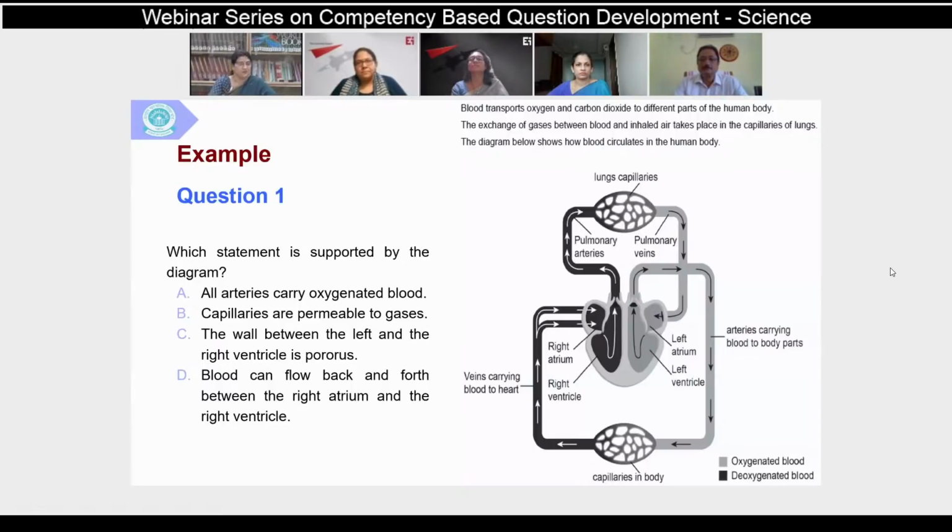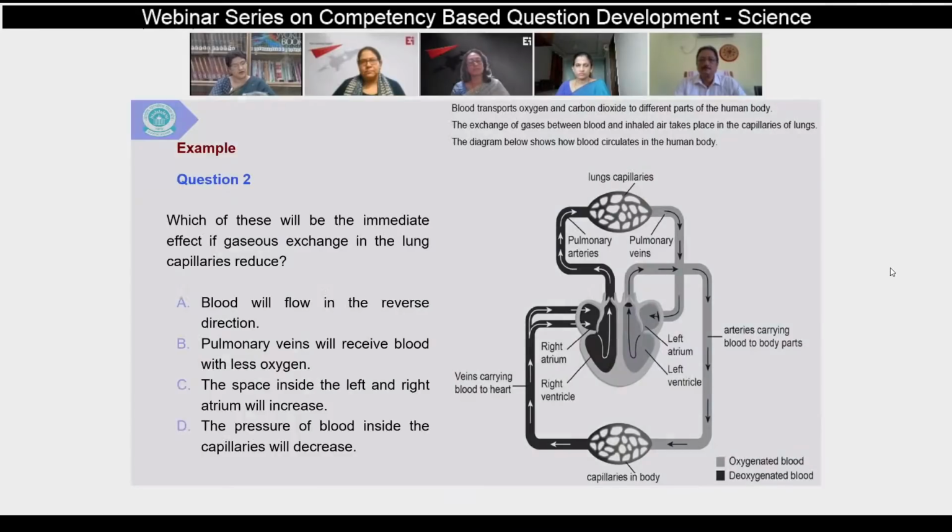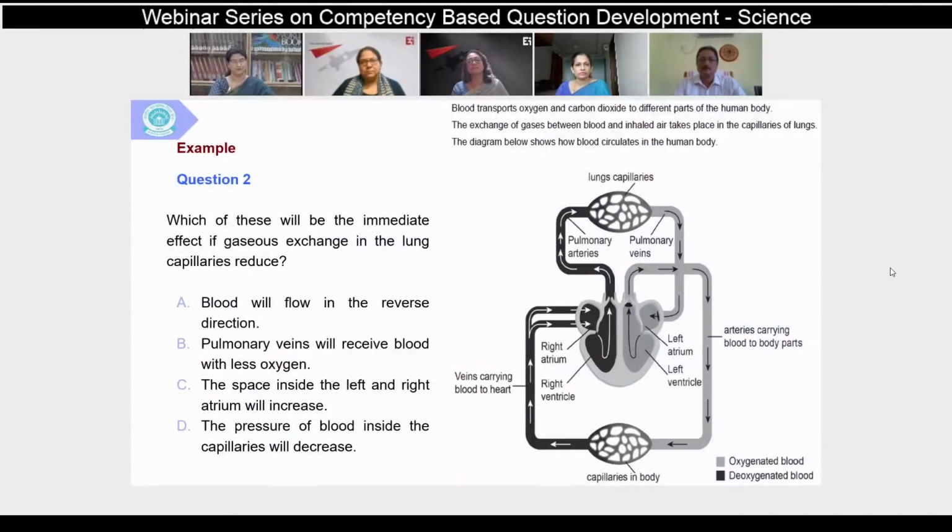What immediately comes to mind with respect to this assessment item is that the question is presented in the form of a situation, in the form of a visual which is evident for the learners. It also demands an application of knowledge. Multiple aspects of this life process have been integrated in the form of the key, which is the correct answer, as well as the distractors. Moving ahead to the next slide, where another example is given to you.